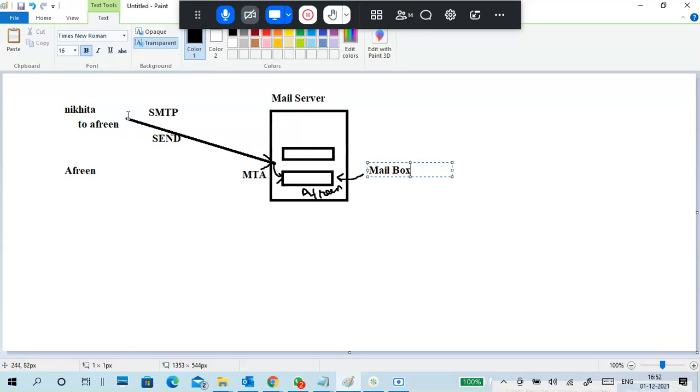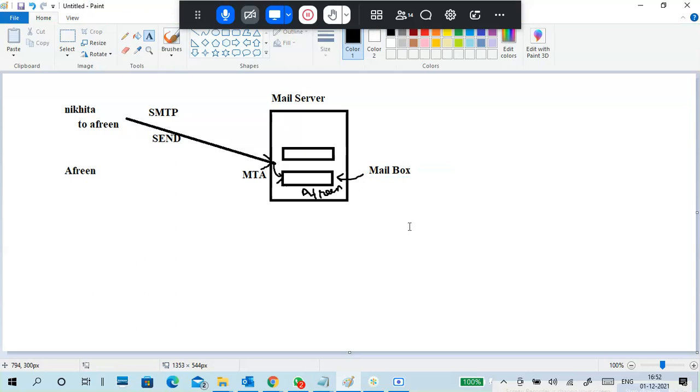So the server receives a mail, checks the to address and drops the mail into Afreen's mailbox. Afreen has not yet received it, but the mail went to the mailbox. That's it. This is 50%.